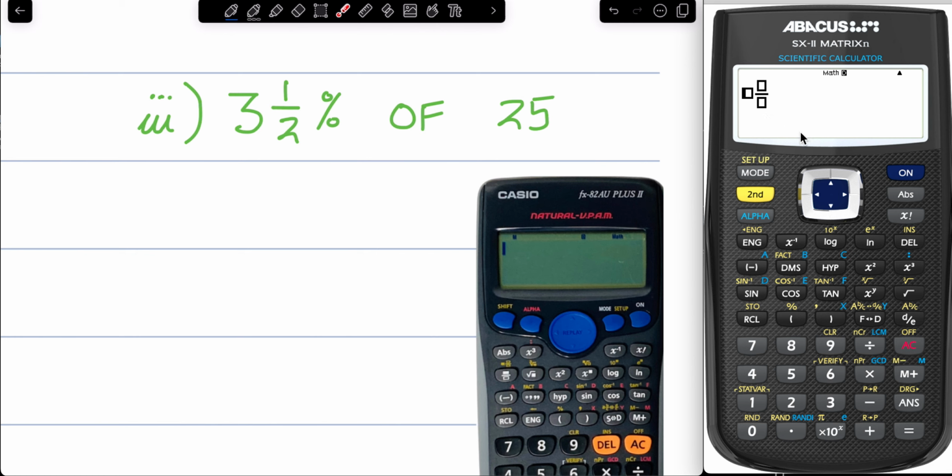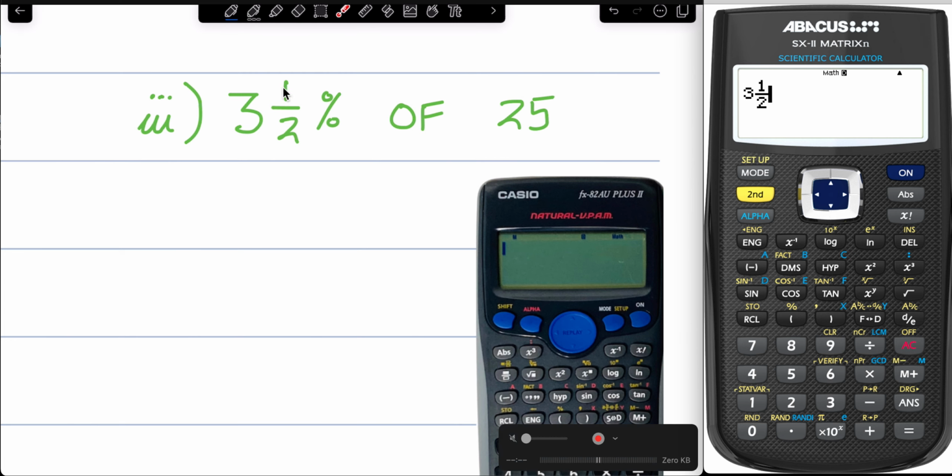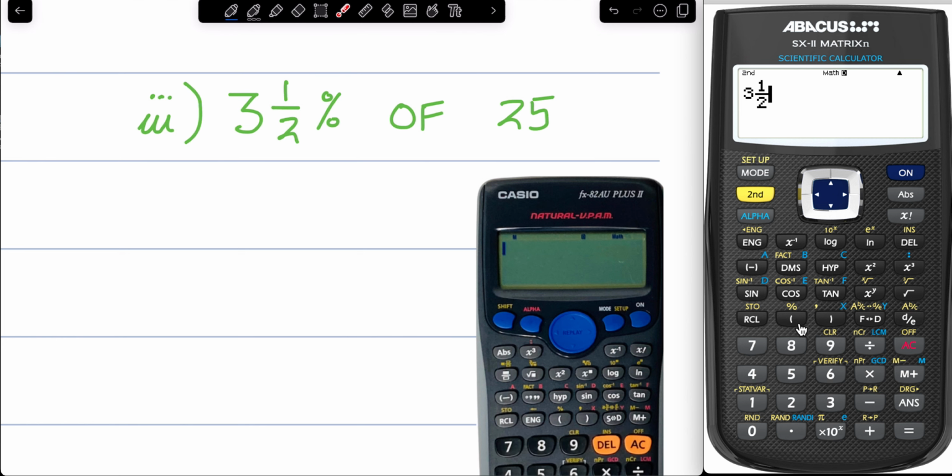So using our arrow keys, 3 and 1/2, and you press the right arrow at the end of this to make it look exactly like we see it here. You go shift and you press percentage. So there is the 3.5% times 25. Pressing equals and then changing this again as a decimal,